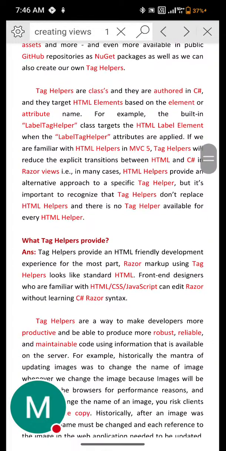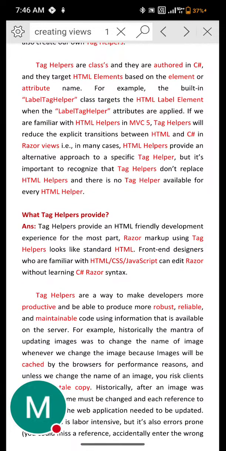Tag helpers are classes authored in C#, and they target HTML elements based on the element or attribute name. For example, the built-in label tag helper class targets the HTML label element when the label tag helper attributes are applied. If we are familiar with HTML helpers in MVC5, tag helpers will reduce the explicit transition between HTML and C# in Razor views. In many cases, HTML helpers provide an alternative approach to a specific tag helper,